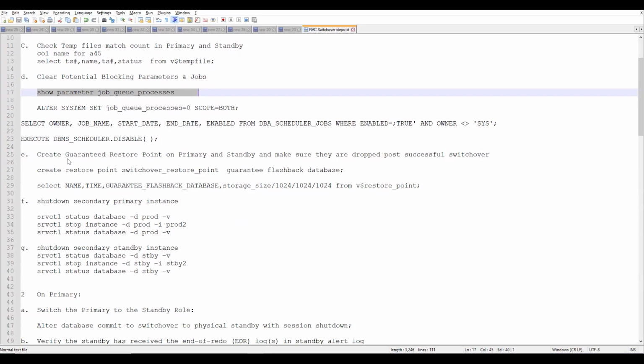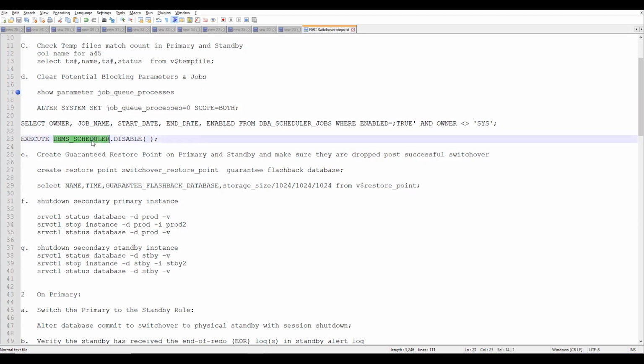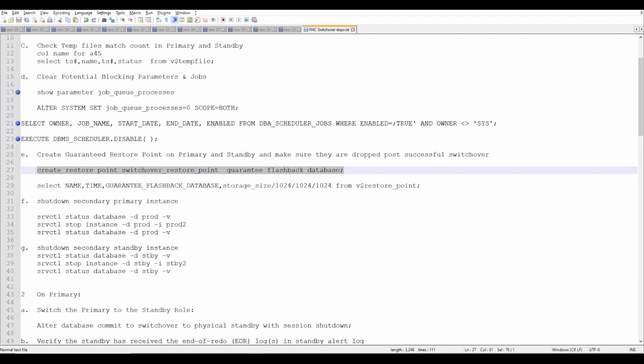So I'll skip these two parts, disabling the job queue processes and disabling the scheduler job. These two steps can be ignored in testing environments, but in actual scenarios, you should make sure they are taken care of.